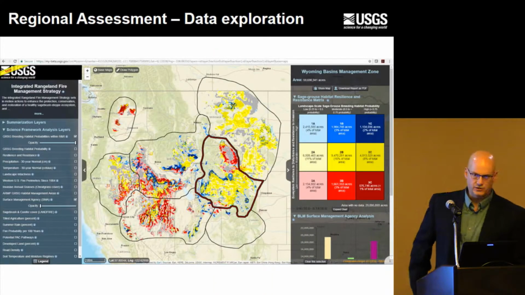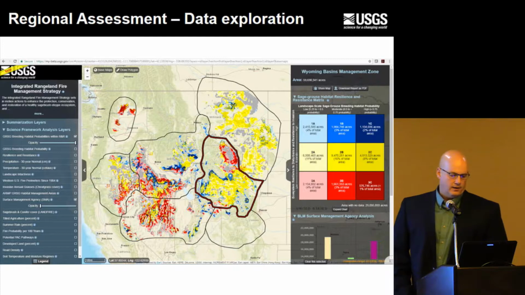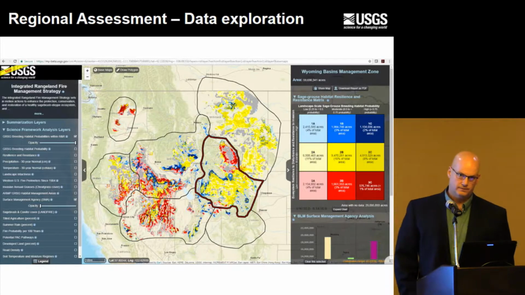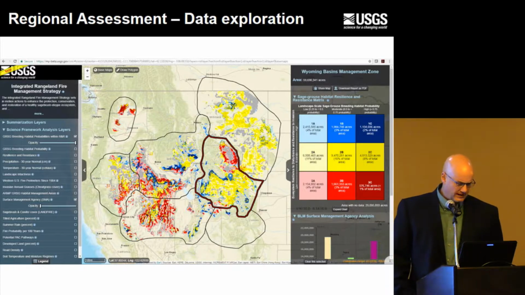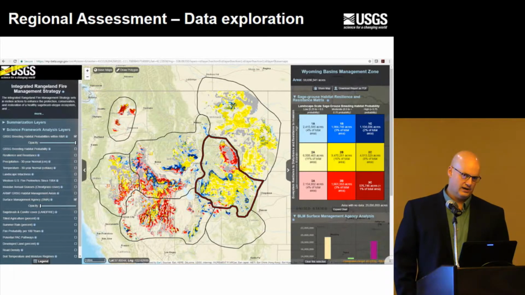So when you go into the tool, this is what it looks like. And on the left frame, that's where the layers are, and they're grouped under subheadings for the summarization, analysis, and then conservation efforts. And you can turn them on and off, adjust transparency, so you can look at things one on top of the other. And the idea here is, again, exploring data, getting familiar with it, learning about it,